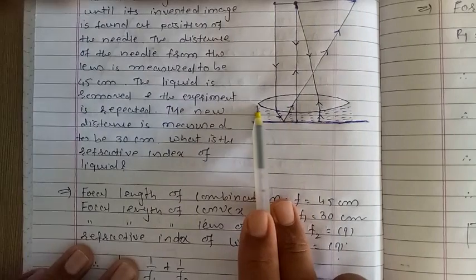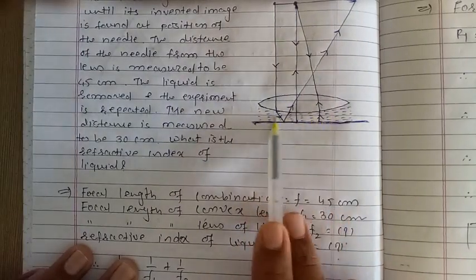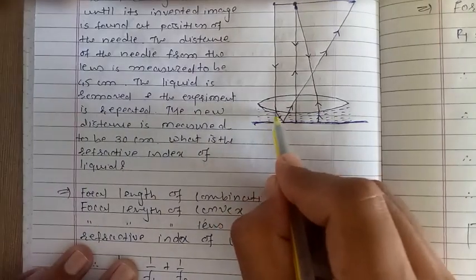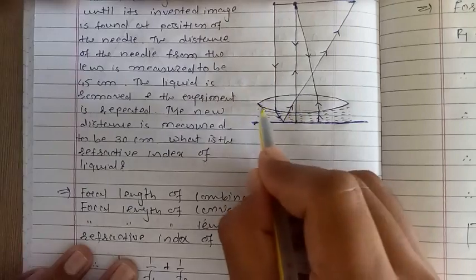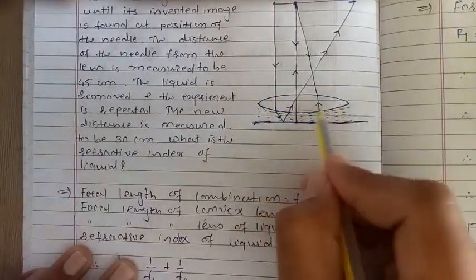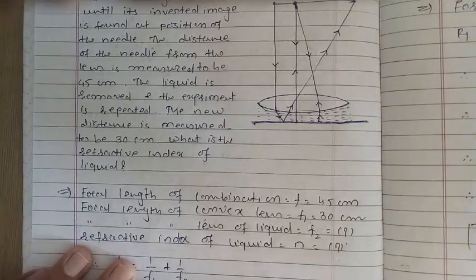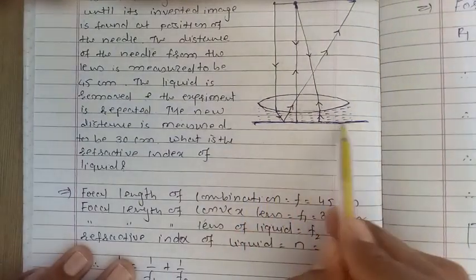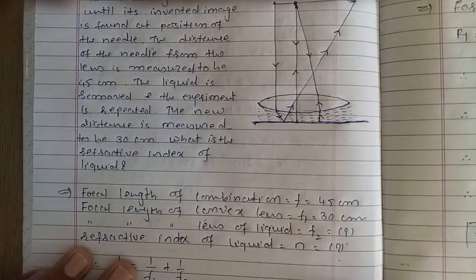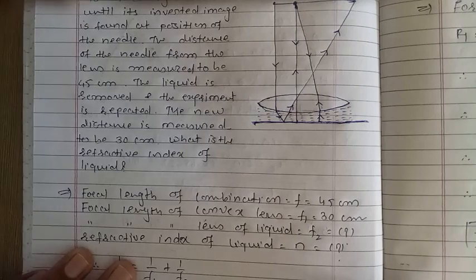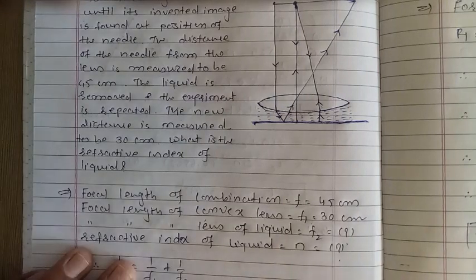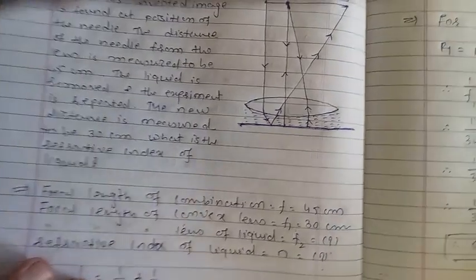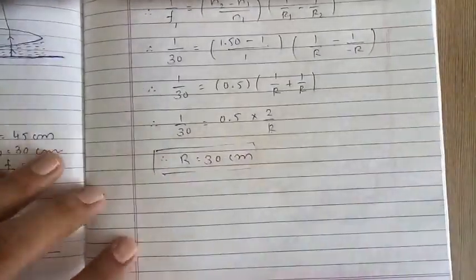So here our first radius of curvature is r1 equal to r, 30, but here see, due to this surface, right? We know that this is on the left hand side, so we have to take r1 equal to minus 30, and r2 is the radius of curvature of the plane mirror. We know the radius of curvature of a plane mirror is infinite, right? So now we use the lens maker's formula for the lens of liquid, right?